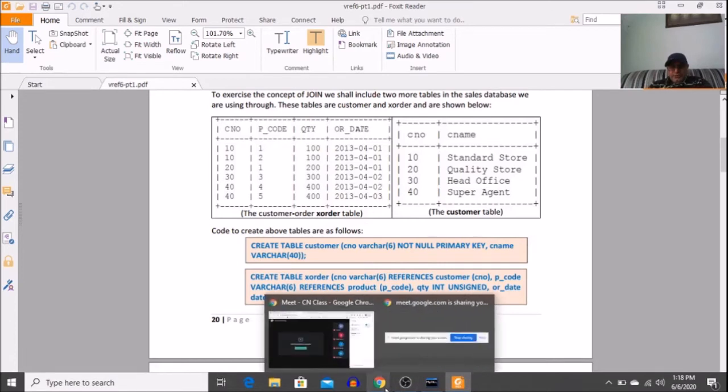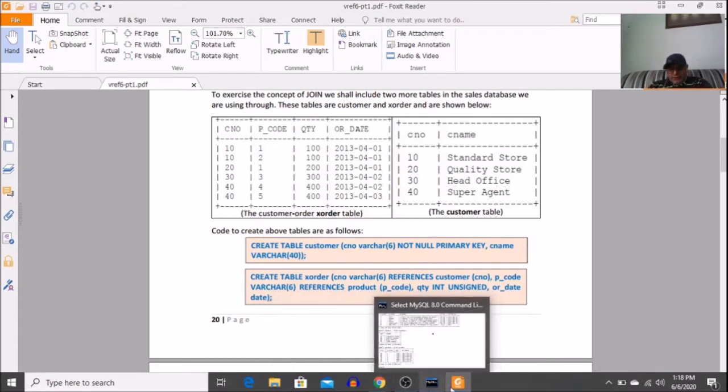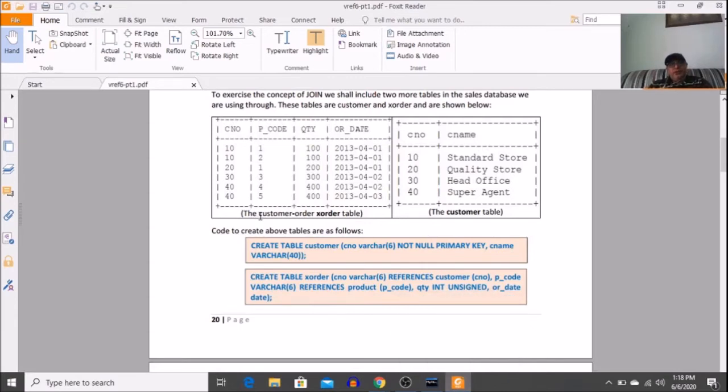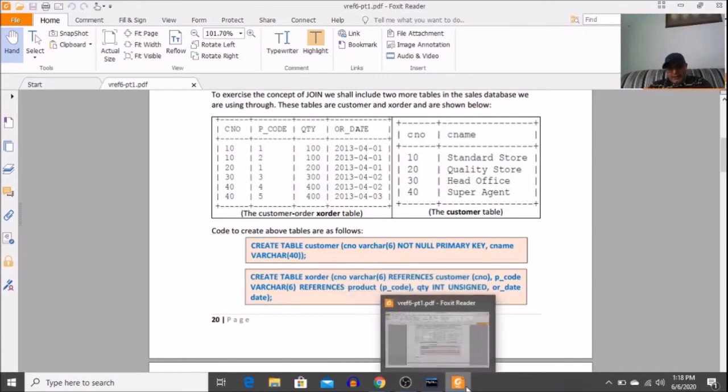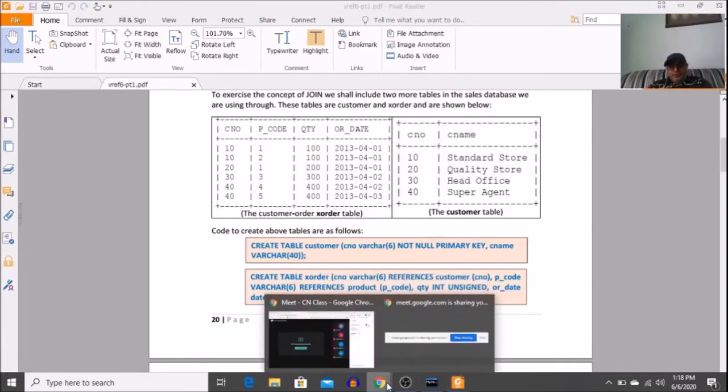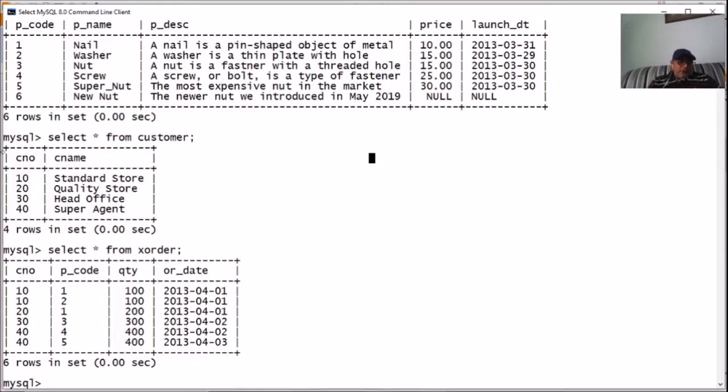So now the first thing, I'm going to explain the purpose of join. The purpose of join is to collect data from different tables. For example, if I want to know which orders have been placed by customer number 10, I know those orders are for product 1 and 2. I know the product code, but I don't know the product name. Say I want to list the product name as well.